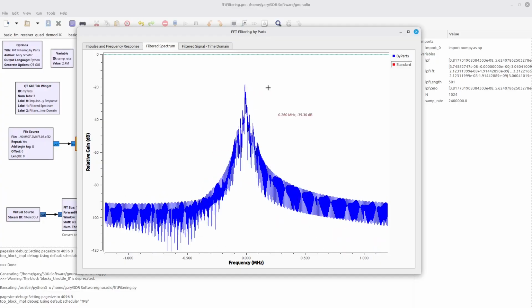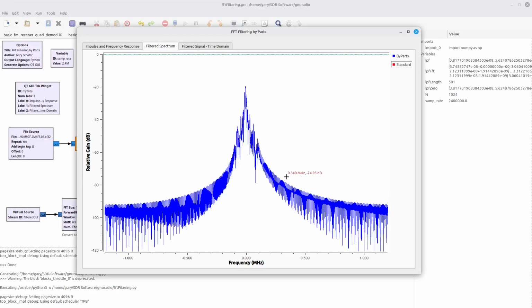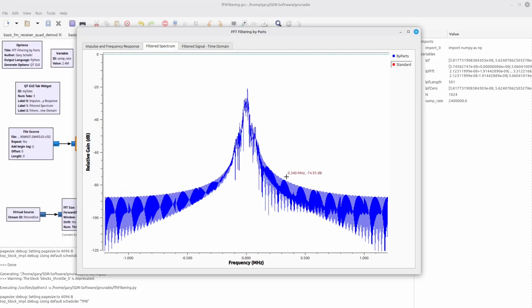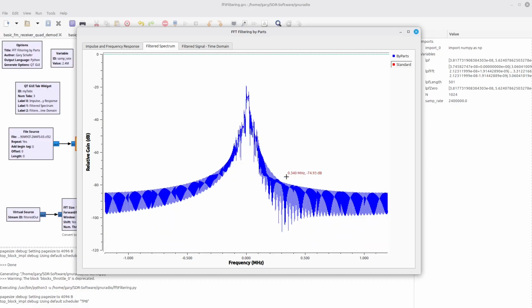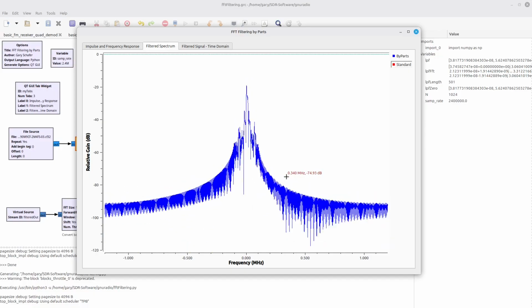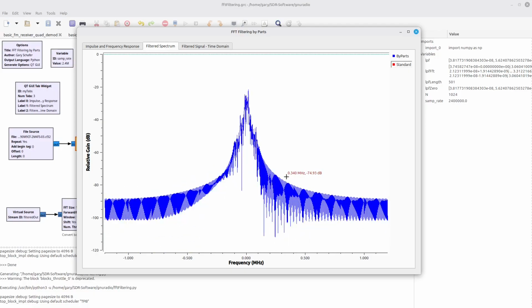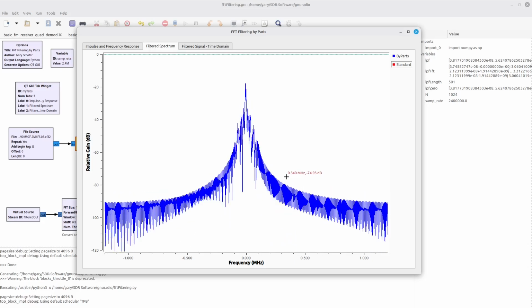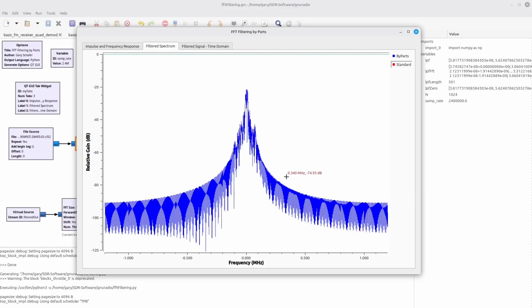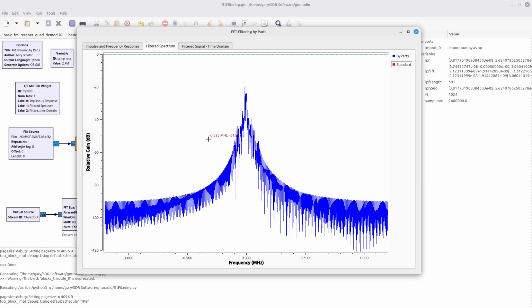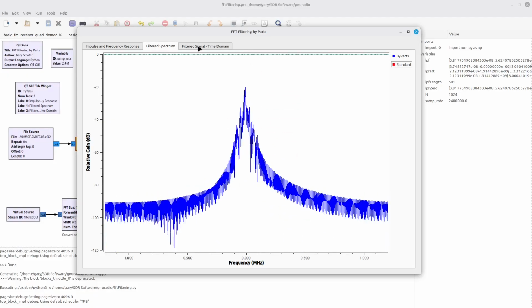So this is what it looks like trying to do it the way I just discussed, where I bring in 523, I have 501 essentially zeros. It gets filtered, and then I'm just pulling those 523 samples back out and then just tacking them onto the end of each other. This is what it looks like.